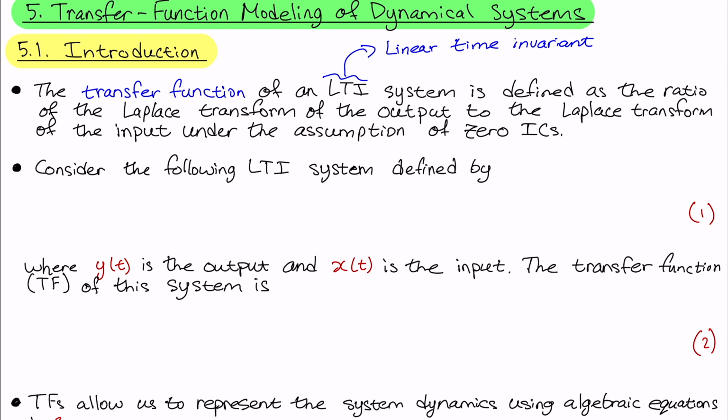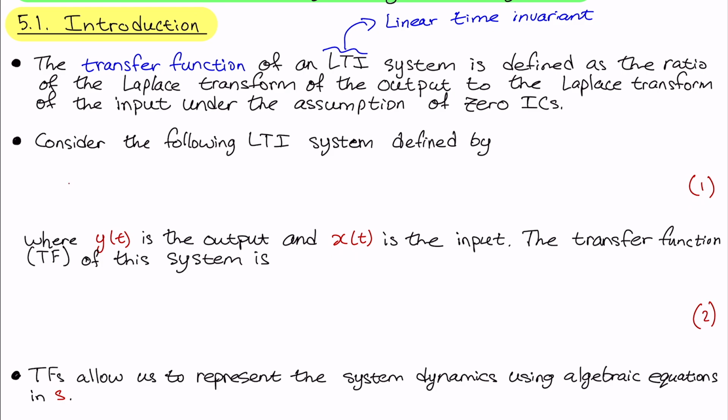So if we have an LTI system defined with the following differential equation, we have some constant a0 times d^n y over dt^n. So this is the nth derivative of y with respect to time, plus some a1 times d^(n-1) y divided by dt^(n-1), plus ... a(n-1) y dot, so that's our first derivative with respect to time, plus an y. This is equal to some input of x, or b0 times d^m